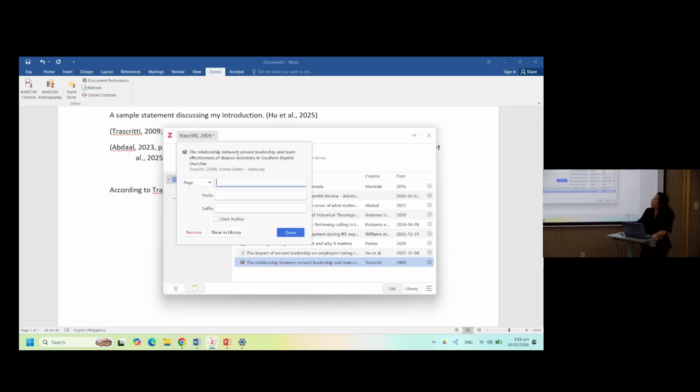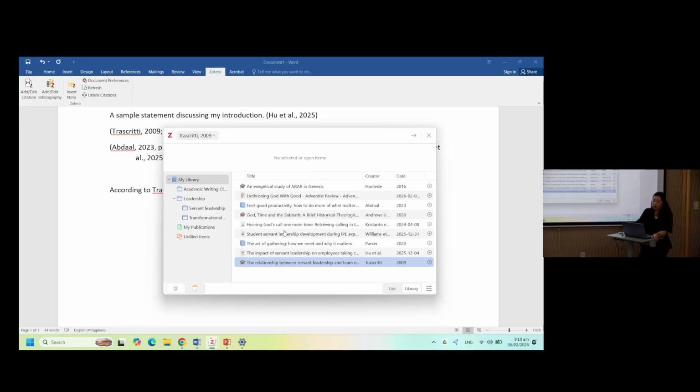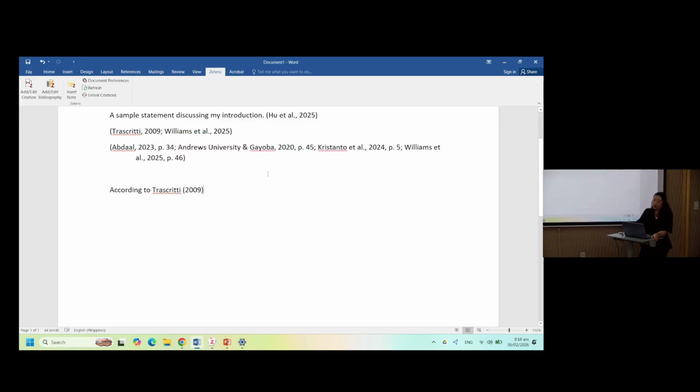And then here, instead of adding page number, you omit the author. Okay? When you omit that, you will only have the year. But this is still included, and it will still be included in your bibliography.